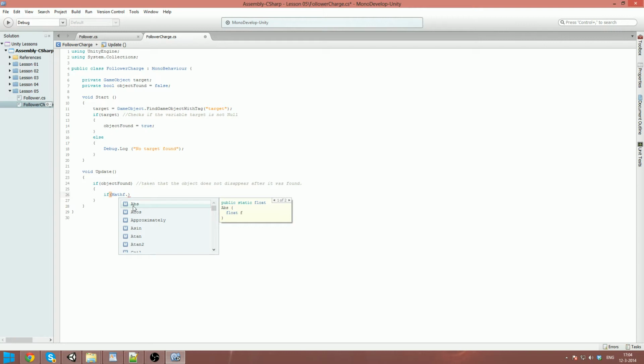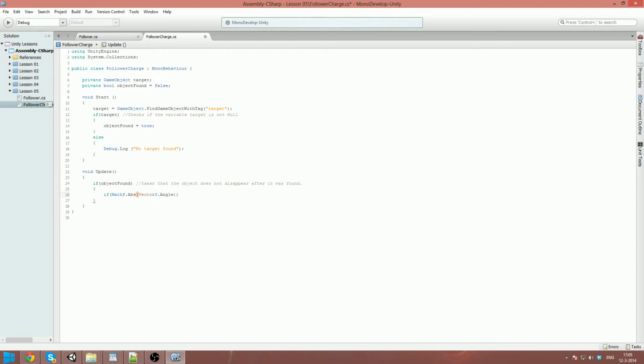So negative numbers will become positive, and because it doesn't matter if it's negative 15 or positive 15, we can just take the positive value. So we're going to use that,